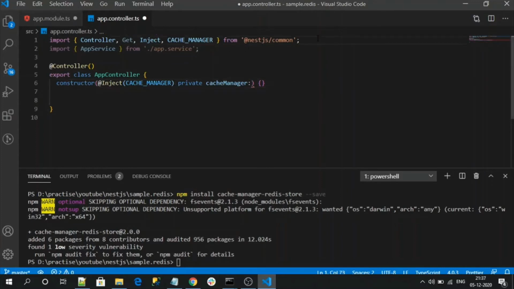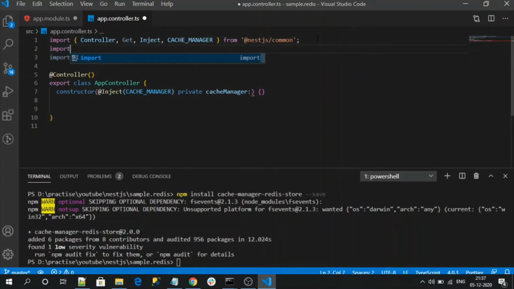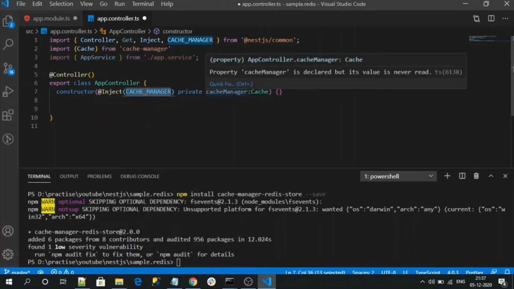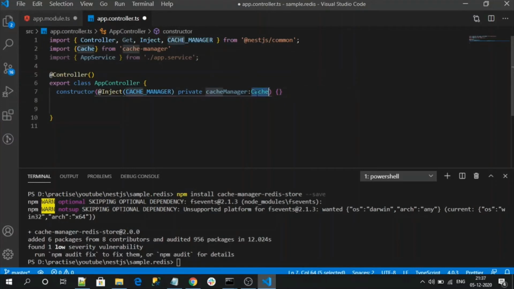The type here is Cache, which is loaded from cache manager. So here we are injecting the Redis store provider and assigning it the type Cache.